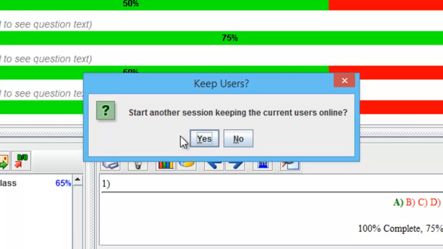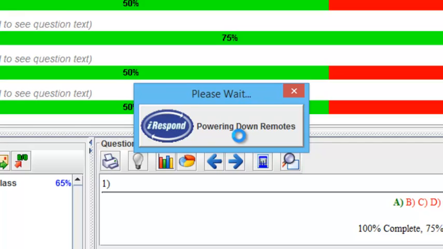Start another session, keeping the current users online. This will allow your remotes and your base unit to stay powered on, returning you to a session setup screen, which will allow you to simply choose a new test to perform on the same group of students and remotes. In this example, we will click No. Your remotes and base unit will automatically power off,